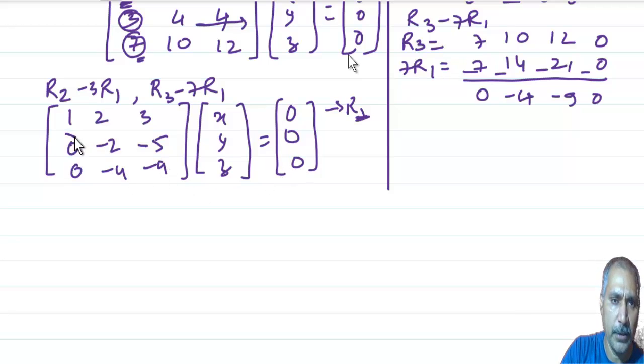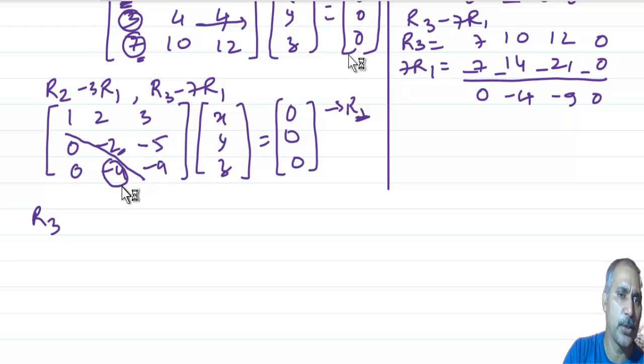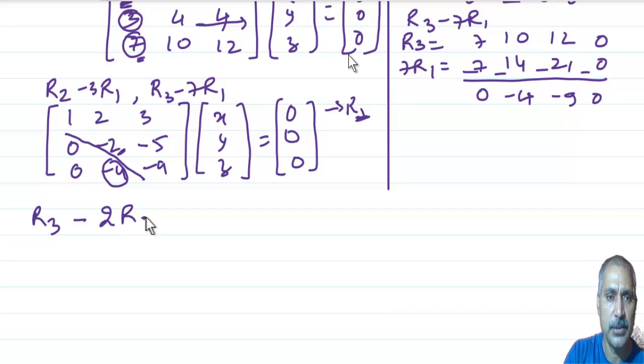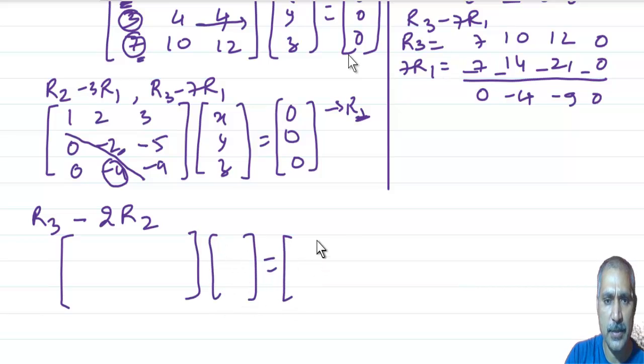Now again we will draw the line below the diagonal. Only one element is left to make it 0, so we will be making this 4 as 0. So that is R3, and above that is here 2. Both are of the same sign. If you multiply R2 by 2, it will become 4. We will subtract with this one R3. So R3, and here the sign is same, so we will be subtracting 2 times R2. This time R3 is changing, so R1 and R2 will remain the same. We will copy paste those things.